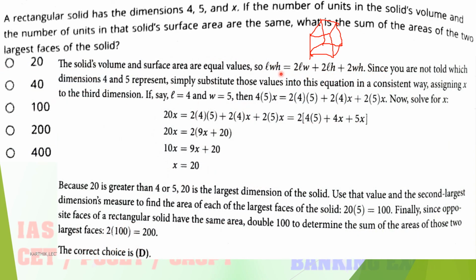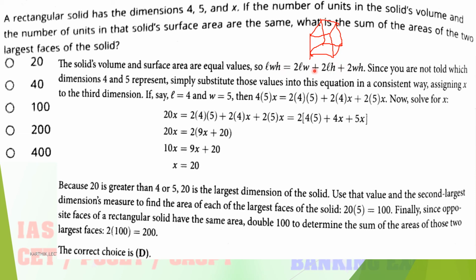So the solid's volume is length into breadth into height. And this is the surface area formula, you have to remember: 2 times length into breadth, and 2 times length into height, and 2 times breadth into height. So 2 times is nothing but, consider this one. One side here and one side on the right side, left side, and this face also comes 2 times. One is front and one is back, like that 2 times. And top level also, bottom as well as top, 2 times it is coming.